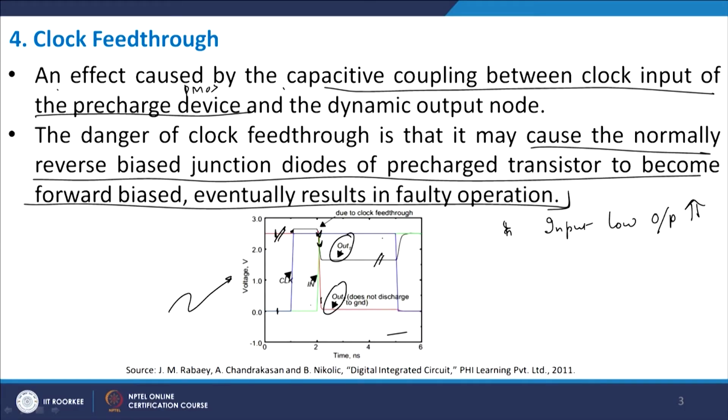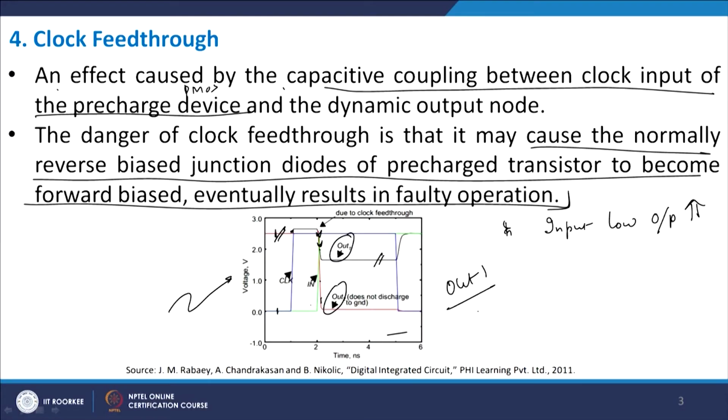Forget about this black curve, we will discuss that later on, but look at the red one. The red one actually does not even fall to 0. Why does it not fall to 0? The reason being that some of the charges initially were lost by virtue of charge sharing or even by some other means. So, you had some decay of charge initially which you cannot recover, and therefore, the voltage does not actually go to 0 volts in any of the situations.